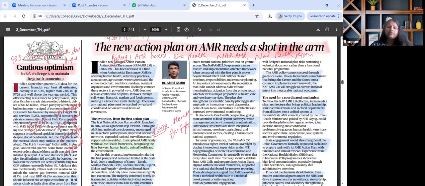For mains perspective, the same is to be seen with the help of health and governance gap, surveillance, regulation, and awareness challenges that the healthcare system is facing, role of innovation and diagnostics, and environmental pathway of AMR. This is how this particular article is to be